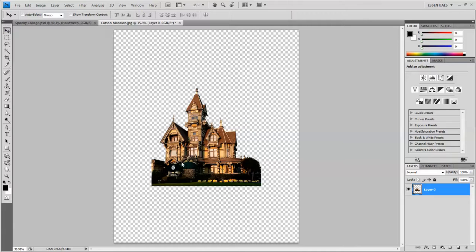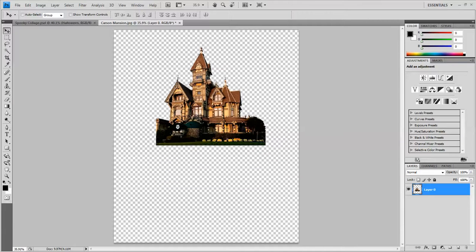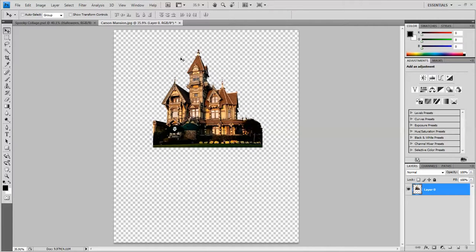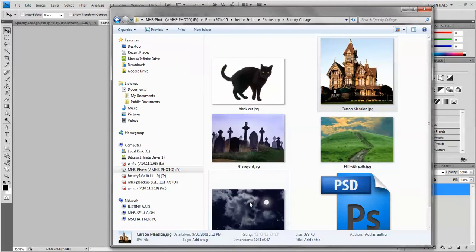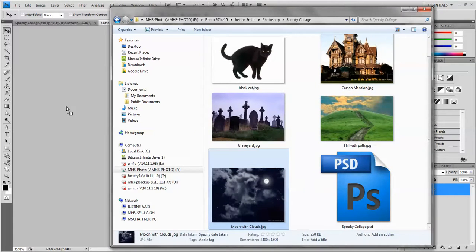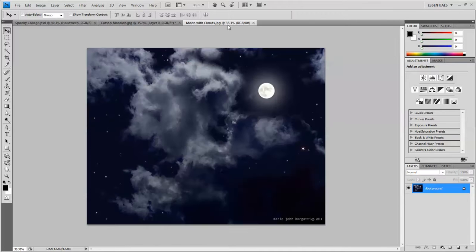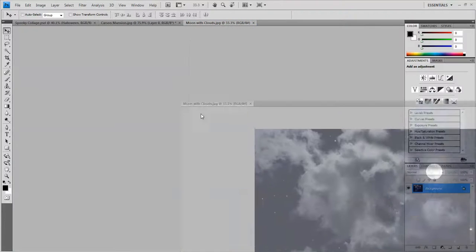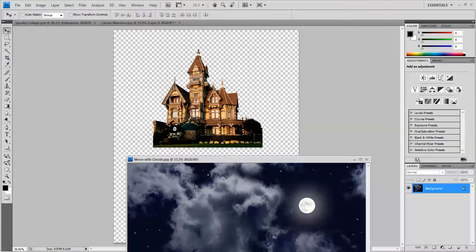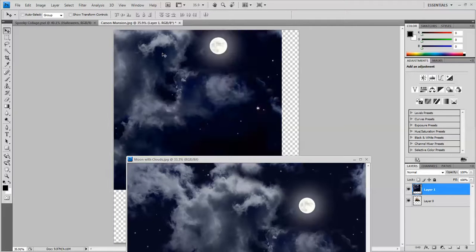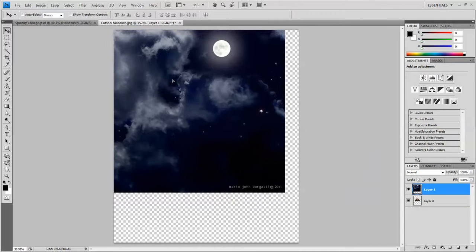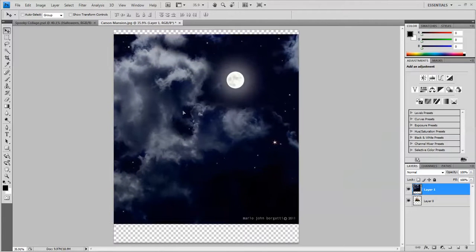I'm going to take the Move tool and move my mansion up here towards the top. I think next maybe I'll do the sky. So here's my folder. I'll take the sky, drag it over, and then separate the tabs by pulling it down. Then with the Move tool, I'm just going to click the sky and drag it, and then I'm going to close the sky. So I'm going to move the sky into place,